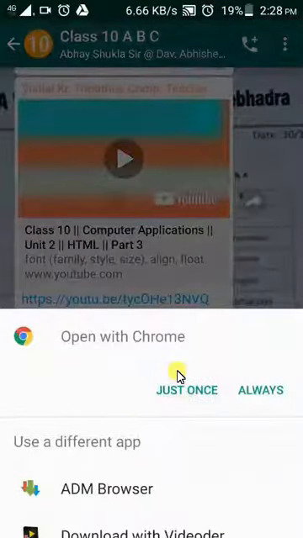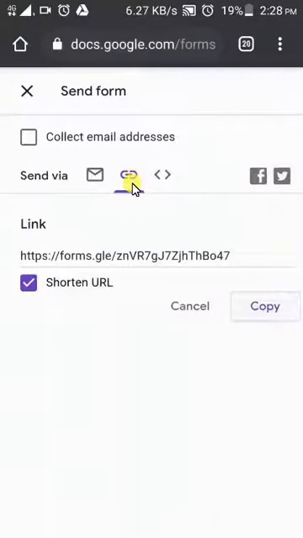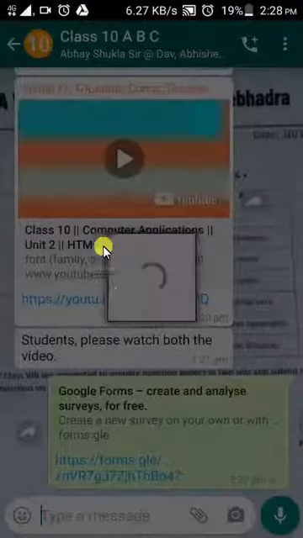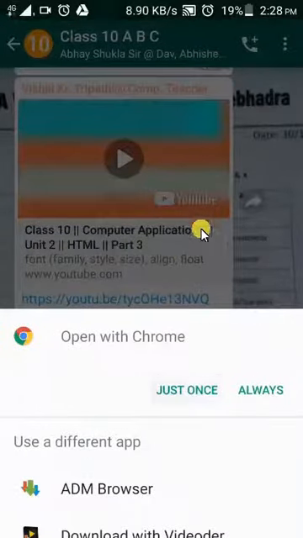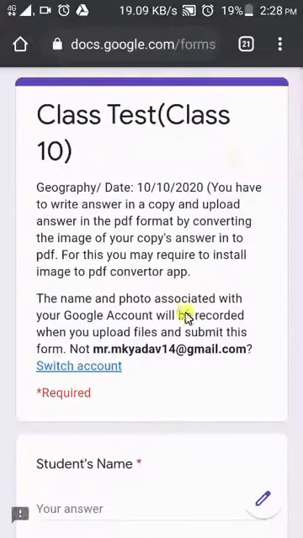Now let us see how the student will upload their answers. A student will click the Google Form link. It is taking time due to the network speed. The form is now opening.